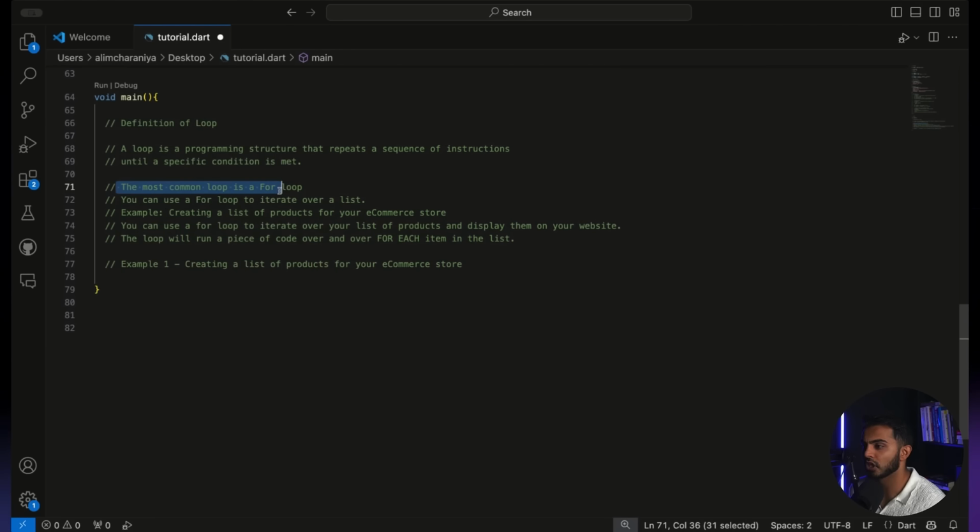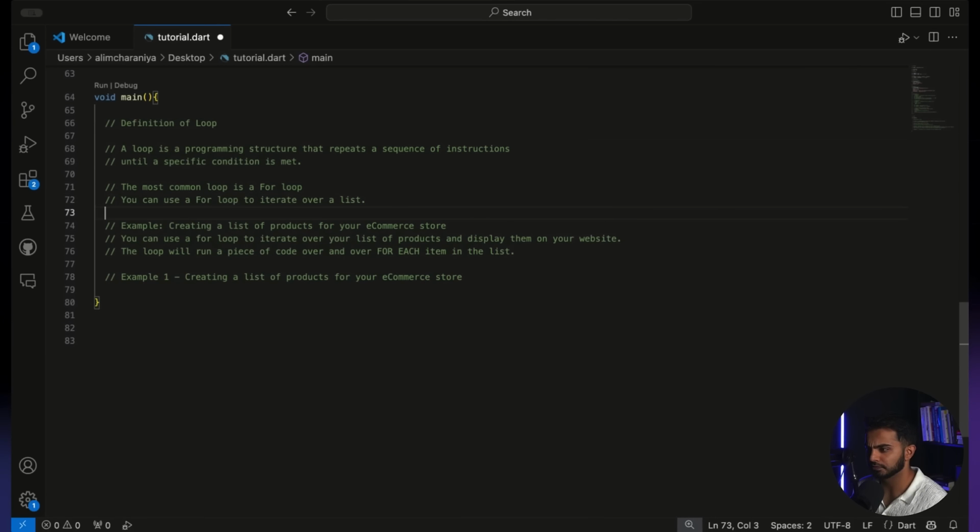So the most common loop is a for loop, and you don't really need to know this exact type of loop, but I'm going to show you later in this course how loops are actually used inside of FlutterFlow under the hood. So by understanding the mechanics of this for loop concept, you will just be a lot better off as a low code builder. So the biggest use of a for loop is to iterate over a list, and iterate means to move from one item to another in a list.